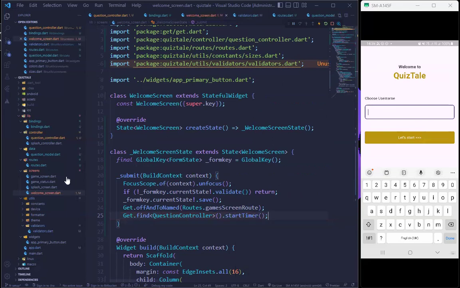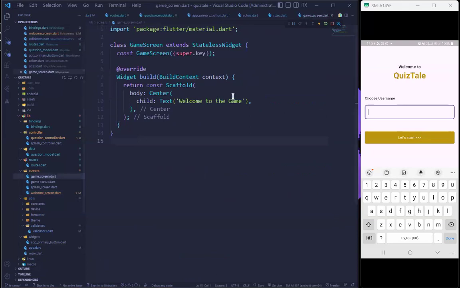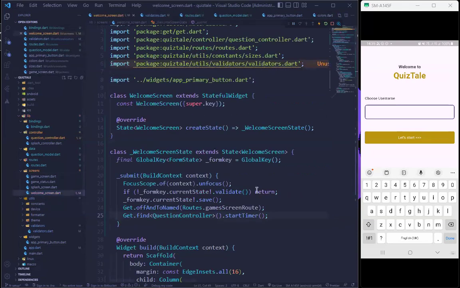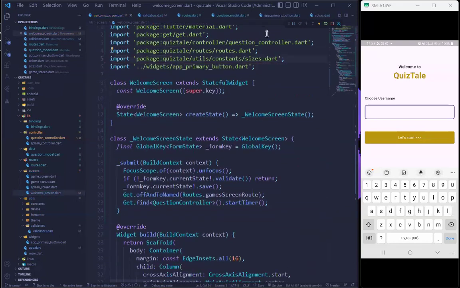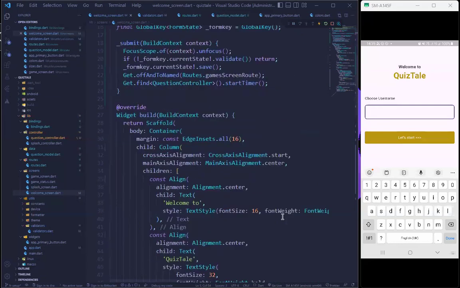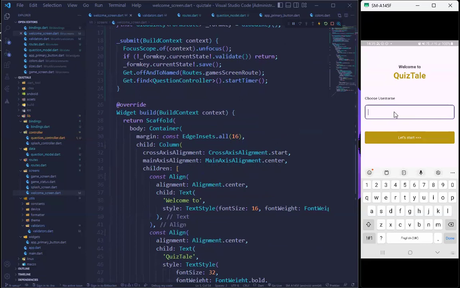Okay. So let's just see. Okay, we just have this. Okay. So our welcome screen is done. So let's just do a hot reload, and then let's test it out. So here I'm just going to say I keys, and then click on, let's start. Okay, so